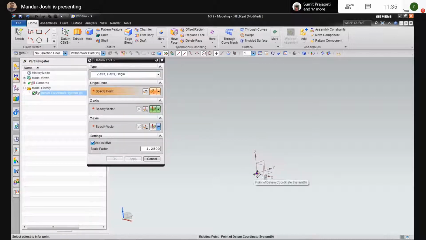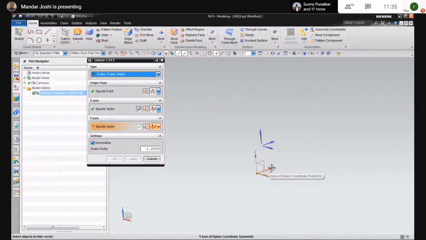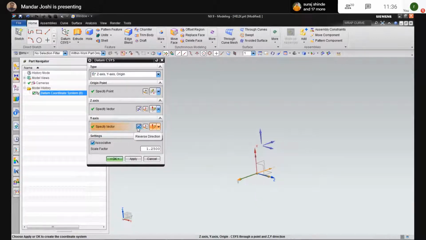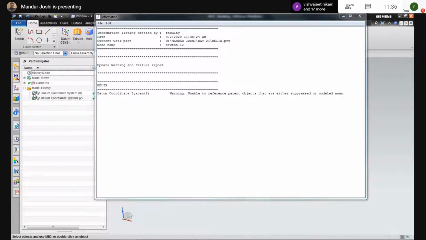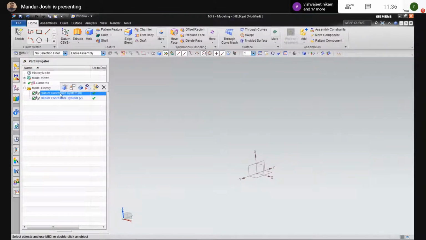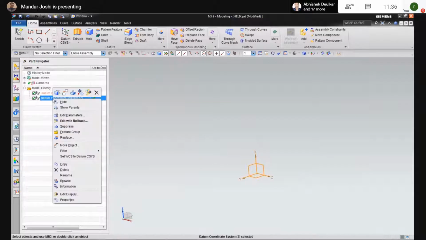I want this origin. This becomes z and this becomes y. You can see that you can define the direction of z and y as per your requirement. You can flip this direction. Now click on OK. Then you can suppress or hide this and activate this only, so you make this option current.